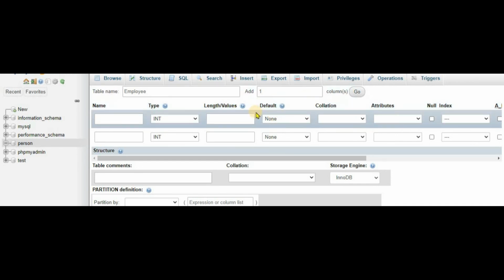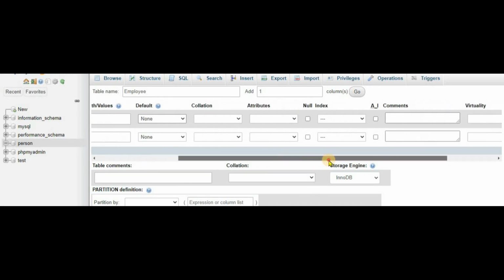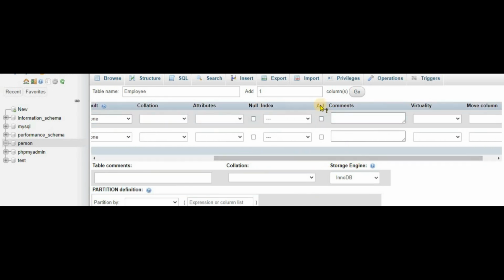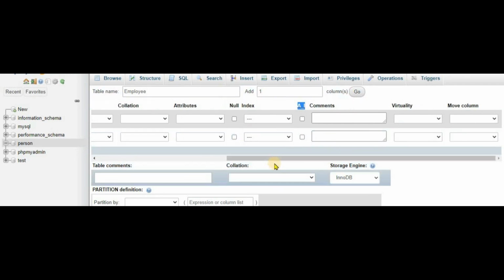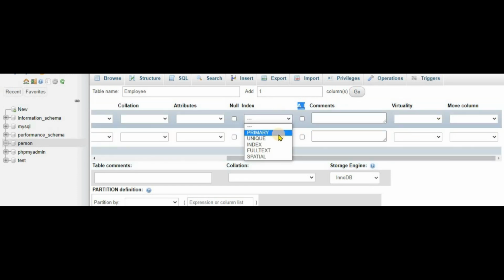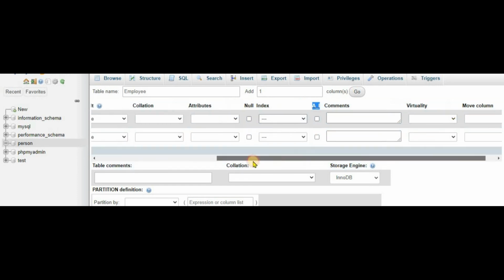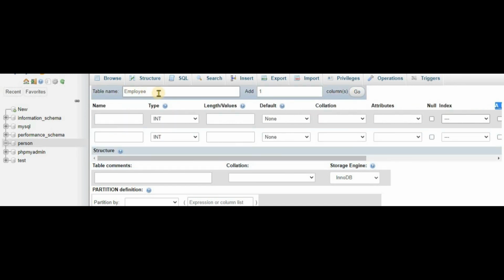Then the values, length, default. There are different features in this, such as auto increment, like in roll number, or whether to set it as primary key or null, unique. So you can work on the fields here after creating a table